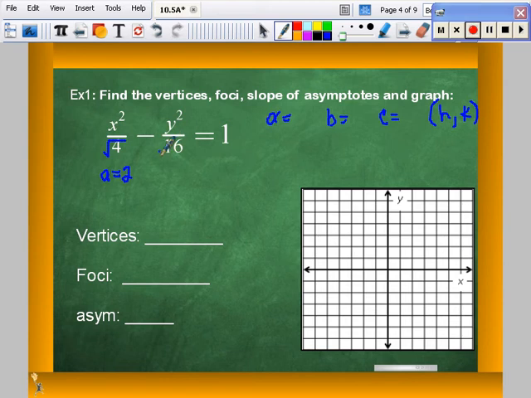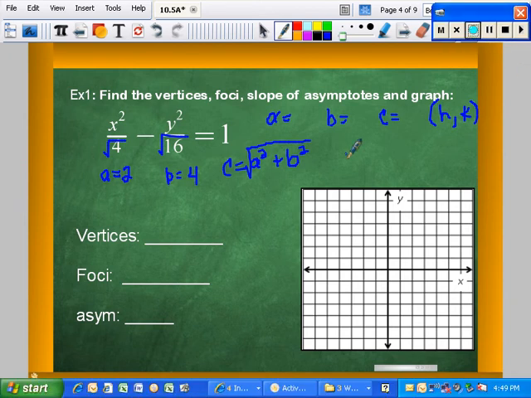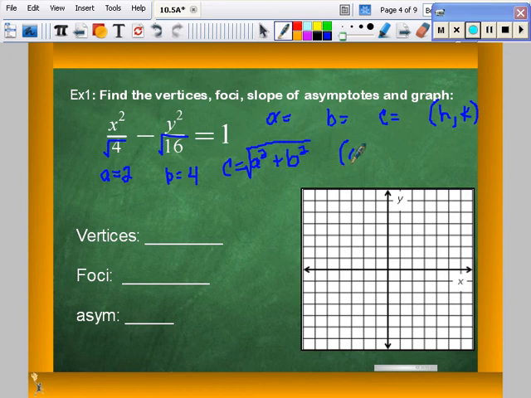For b, square root of 16, b is going to be 4. And for c, unlike the ellipse, we are actually going to add the a squared plus the b squared and take its square root. So this is straight up Pythagorean's theorem. Our h and our k are 0, 0. Let's go ahead and start plotting things, and then we'll be able to find our vertices, foci, and